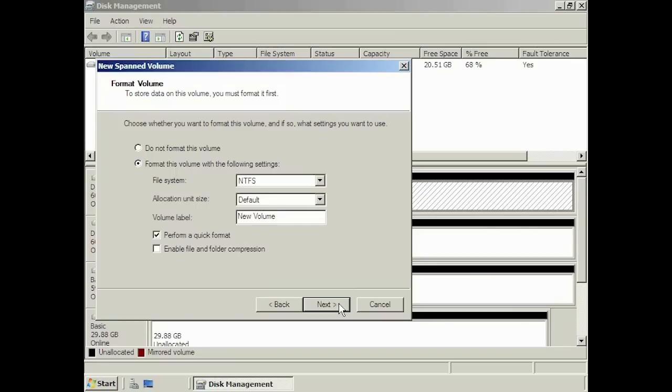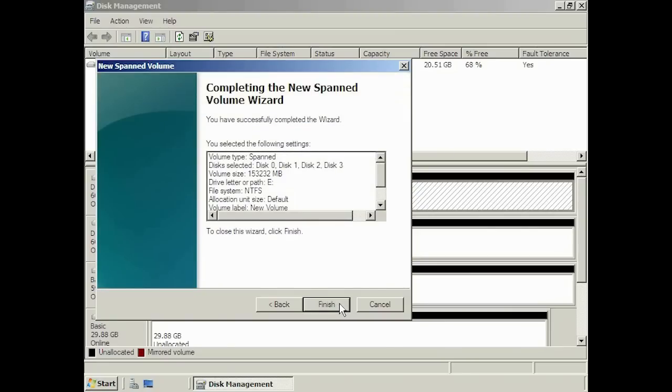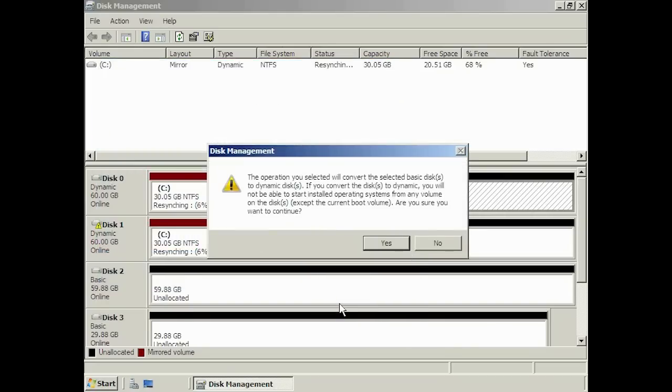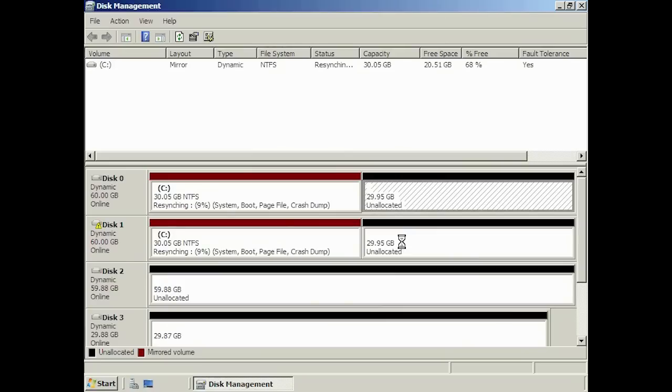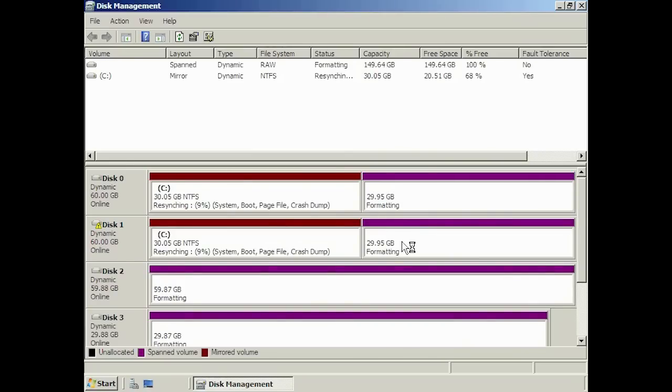The only time I perform a slow format is when I think there may be bad sectors on the hard drive. If this is the case, you should consider replacing your hard disk. Again, I will be asked if I want to upgrade the hard disk to dynamic. As you can see here, I now have an E drive that is using all the free space from all